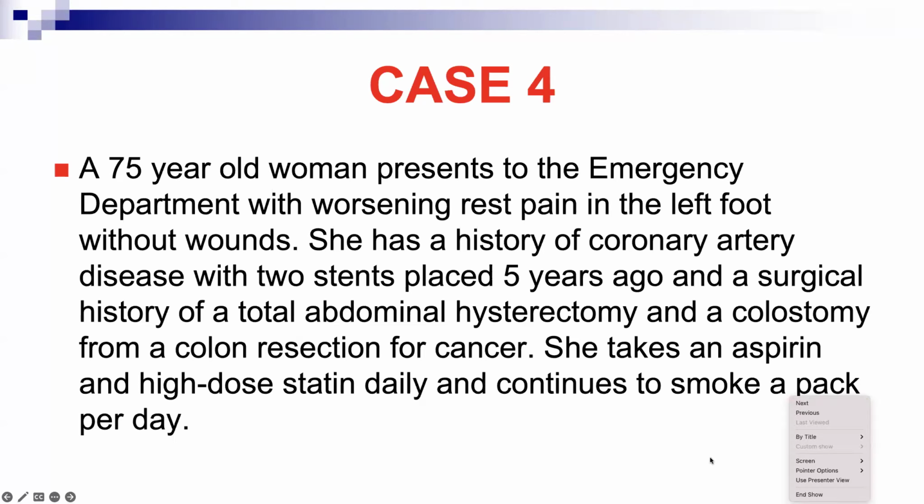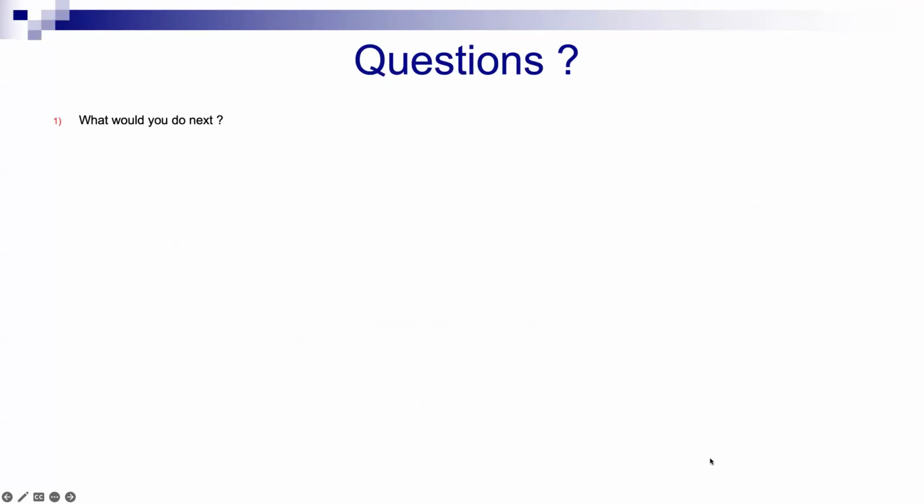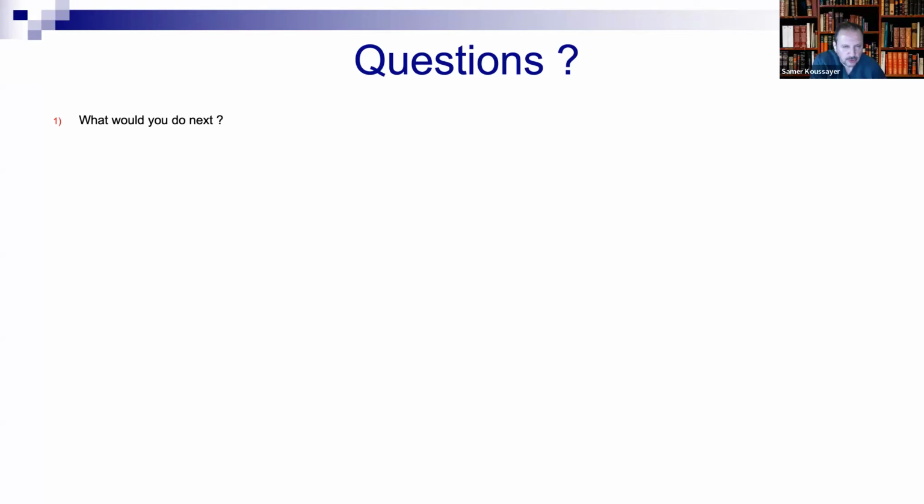I will take a further history and do a thorough examination, asking about claudication, previous surgeries, and vascular history. Then I will do a full examination, including the cardiovascular examination and the pulses on both lower limbs. Something we do in the office is the pulses and a neurological exam to assess the sensory and the motor.